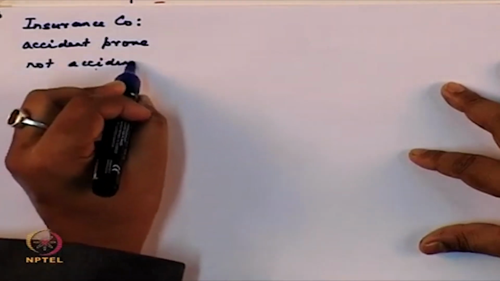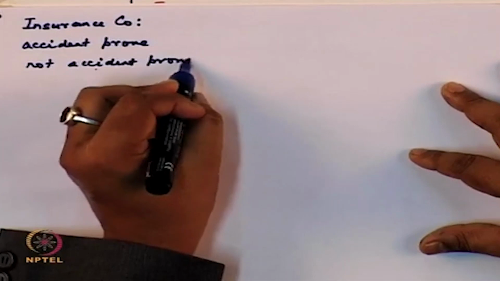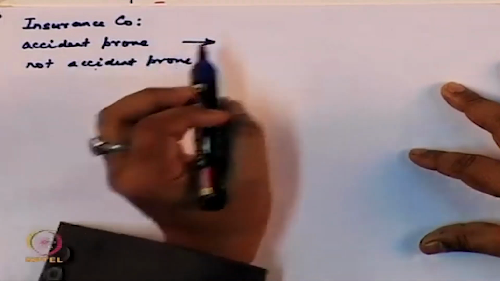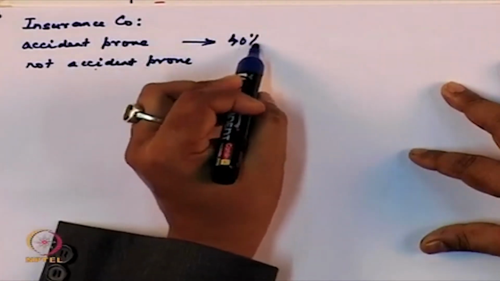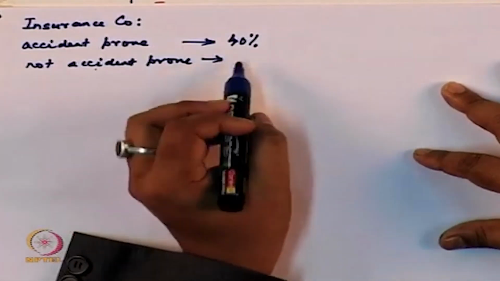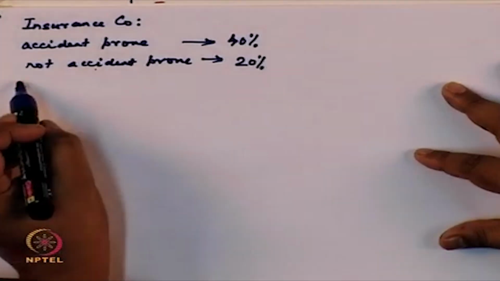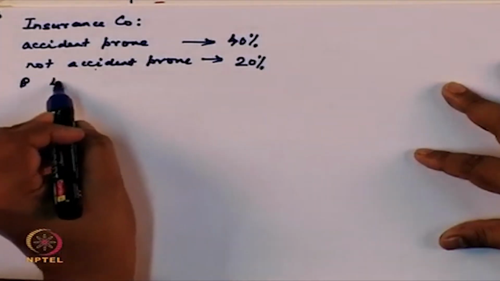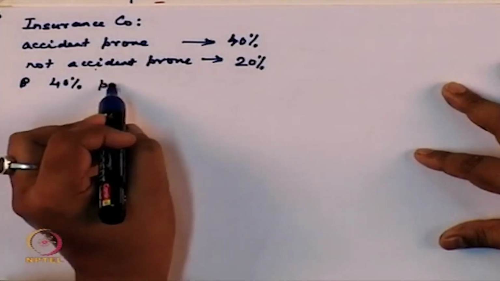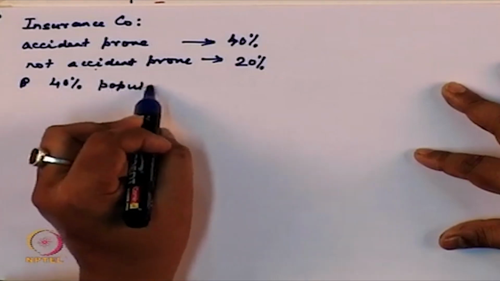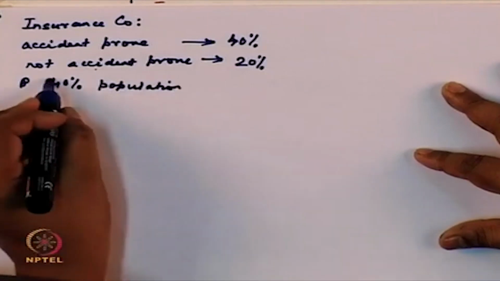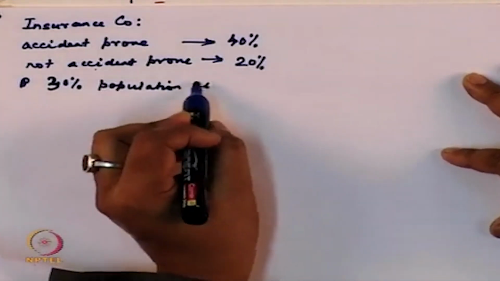These people have a 40% chance of suffering an accident, and these people have a 20% chance of suffering an accident. If 30% of my population is accident prone,